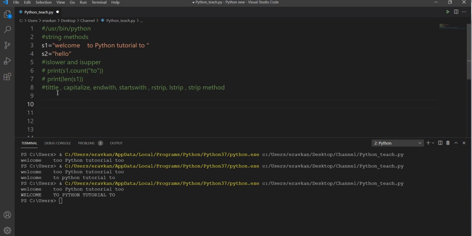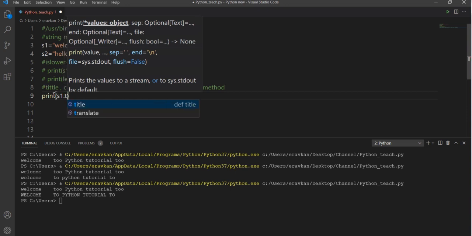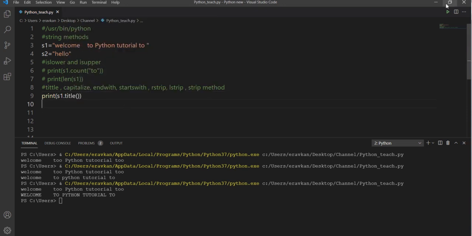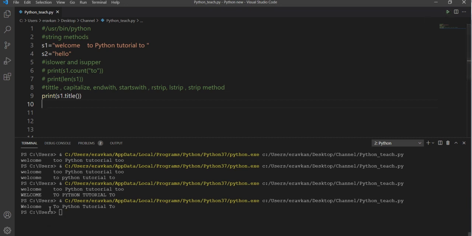Title, this is my string. If I do print s1.title, what will it do? It is making the beginning of every word capital: W capital, T capital, P capital. Suppose here in a string I have Amit Verma.